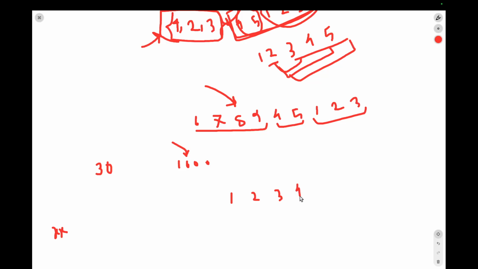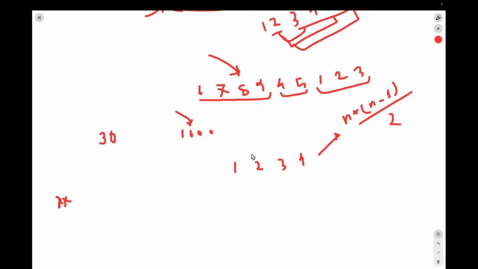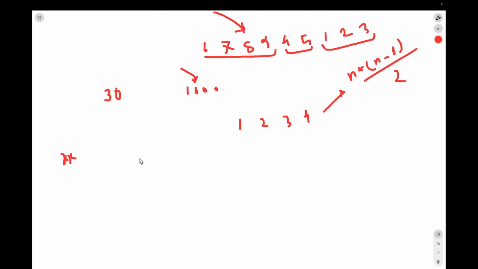What is the number of subarrays where all elements are strictly increasing? That is obviously n into n minus 1 by 2, because all possible subarrays here will be strictly increasing. So we will run a loop from 1 to 30, and then dp of,